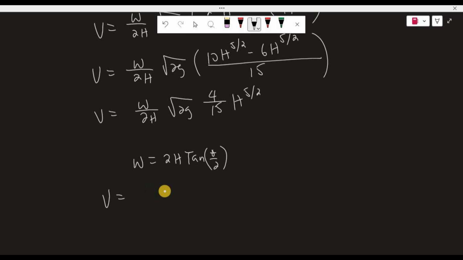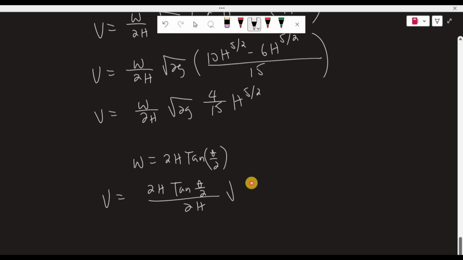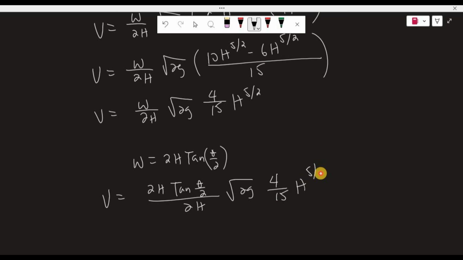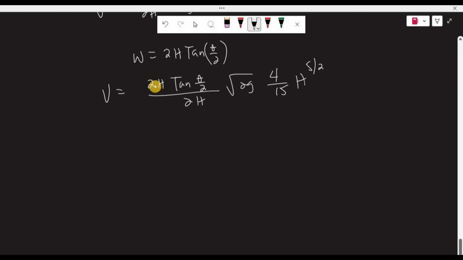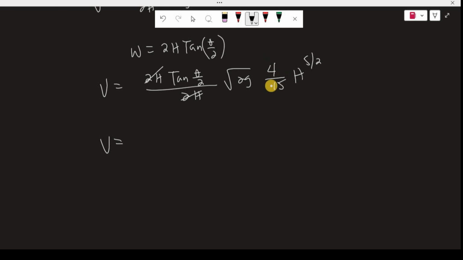So we have 2h tangent theta over 2, over 2h, square root of 2g, 4 over 15 h to the 5/2. So we can cancel 2h and 2h, and then let's put this numerical coefficient at the front, 4 over 15 square root of 2g tangent theta over 2 h to the 5/2,